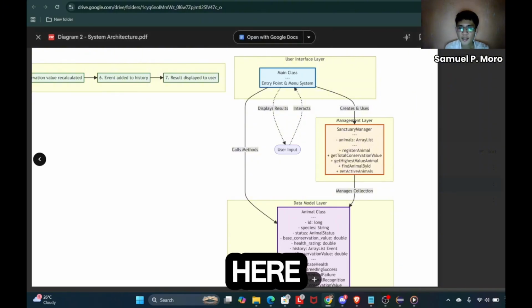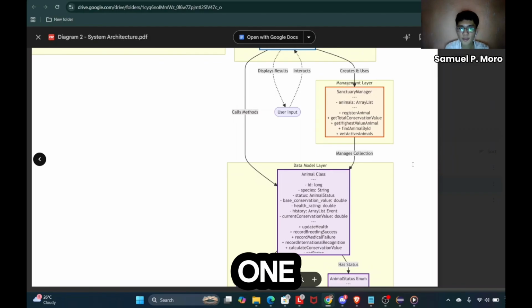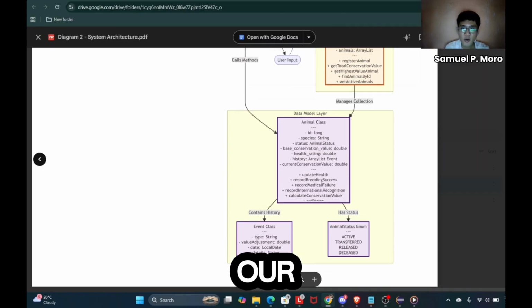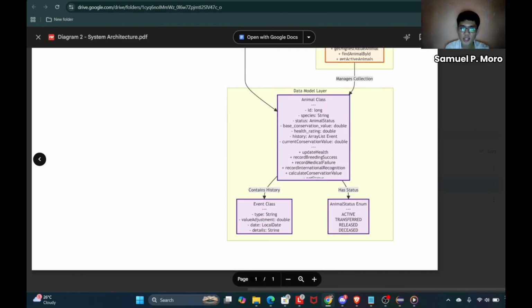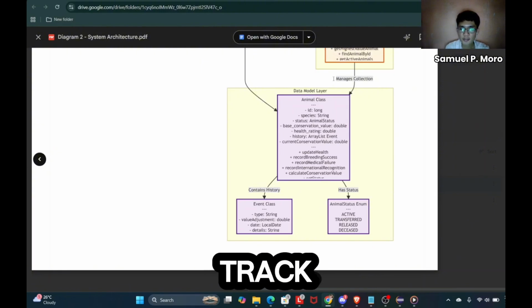So here, in our bottom layer, the purple one, this is where the animal class, event class, and animal status class live. These are our core data structures that know how to calculate the values and track history.